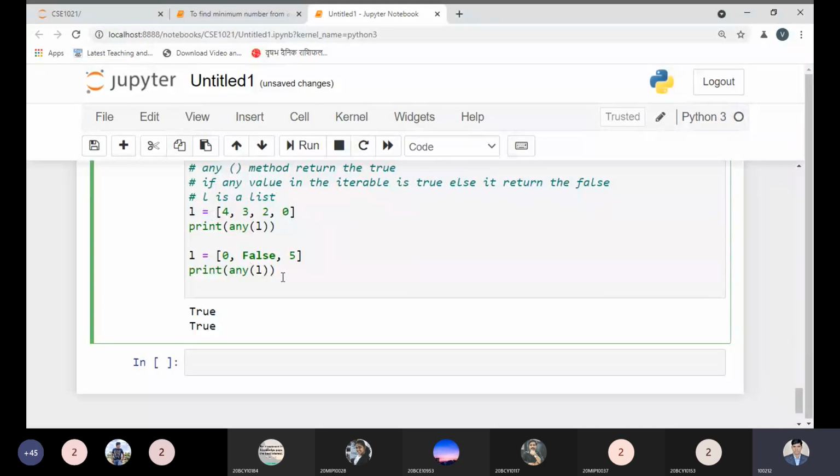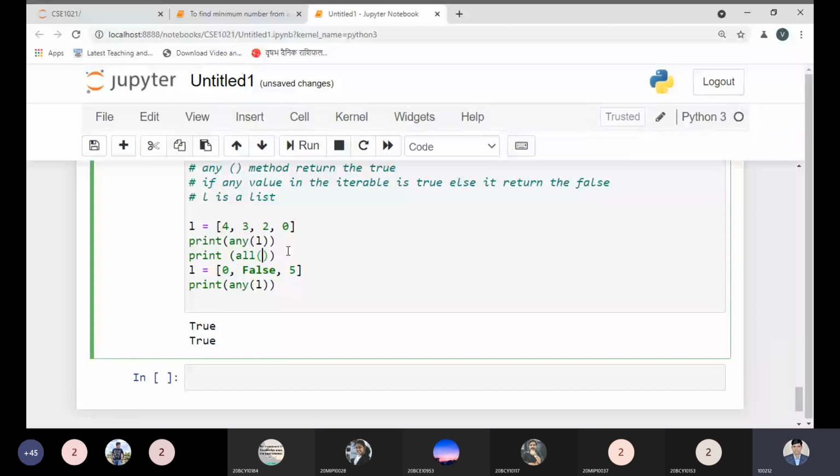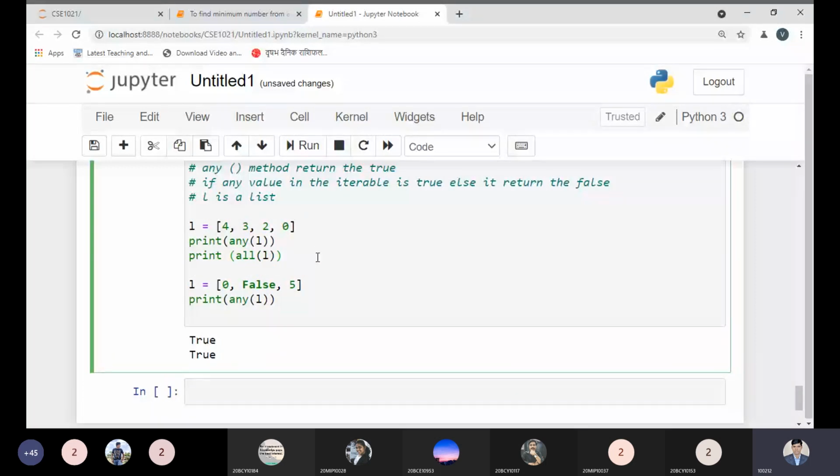Instead of any, let me clear this example with print all. If I pass L like this, what will print? It will print false. Why? Because all values must be true. Here, with any, one of the values is true, so we are getting true. This is the point.